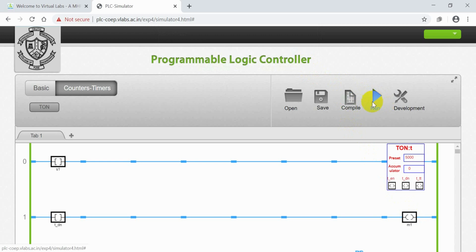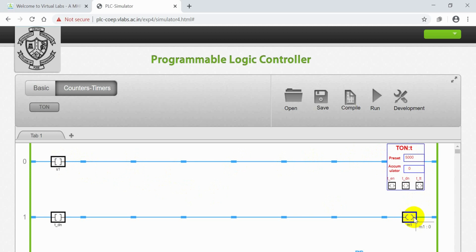Run. Power supply available. Next, once I provide the toggle input, we are making S1 on. Immediately you can observe here: once I make the switch S1 on, only after 5000 milliseconds or 5 seconds does the motor M1 become on.